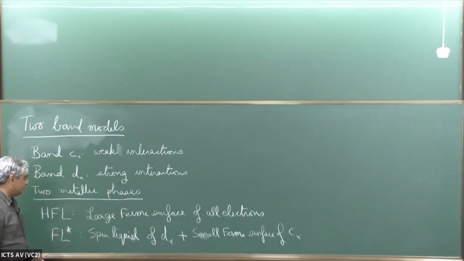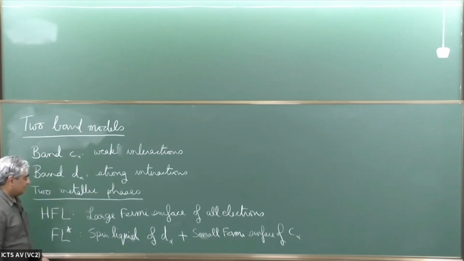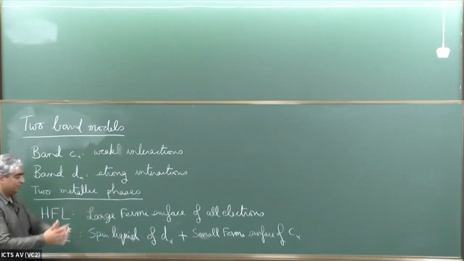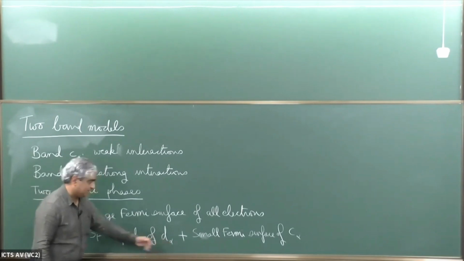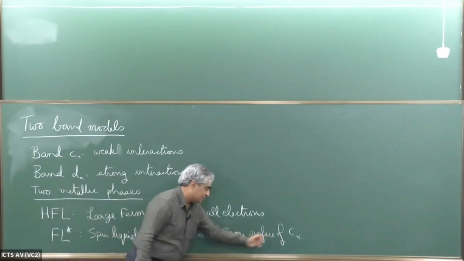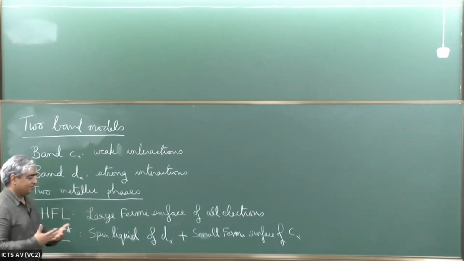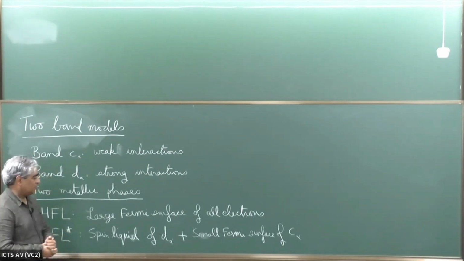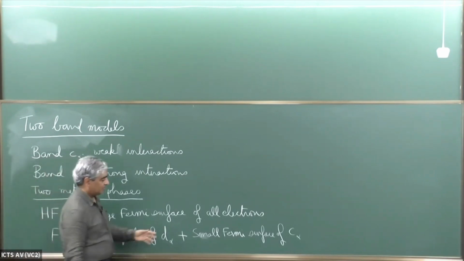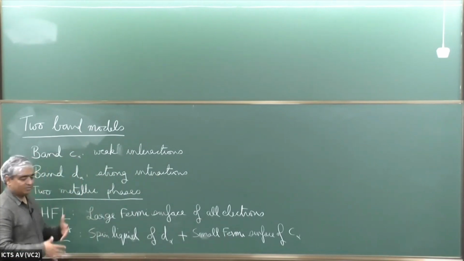And the other phase is the FL star phase, of which there are occasional sightings. This one is seen in many cases, where to zeroth order you can think of it as the sum of two phases. There's the spin liquid phase of the D alpha, the strongly interacting band, and then the small Fermi surface phase of the conduction electrons. The content of much of the analysis we did is to show that this decoupled picture of a spin liquid coupled to a Fermi surface is stable to interactions